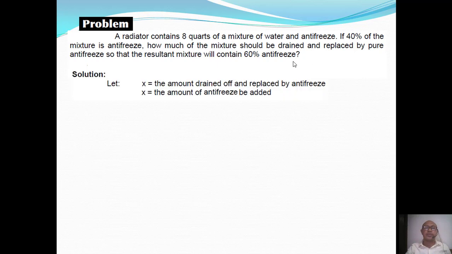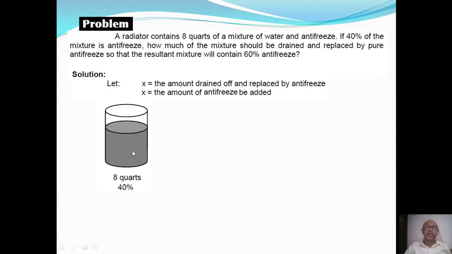Okay, so solution. Let x equal the amount drained off of the mixture and replaced by antifreeze. And also, x is the amount of the antifreeze to be added. Okay, so we have here,